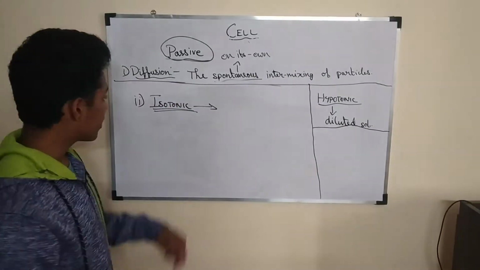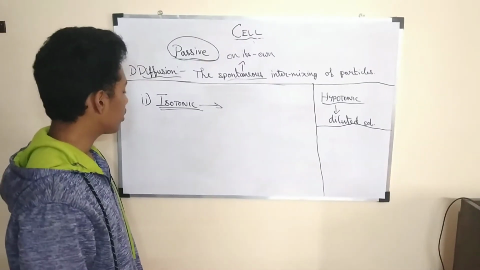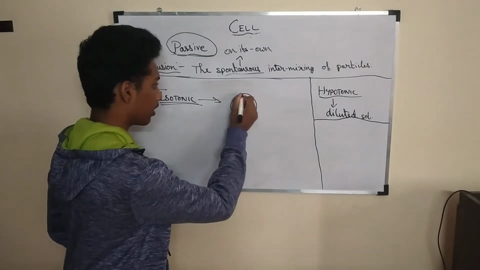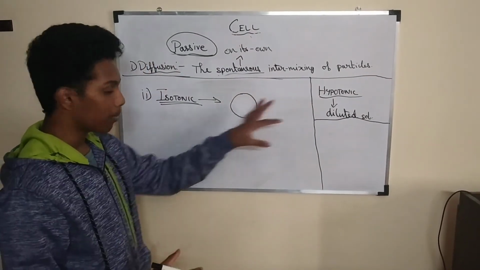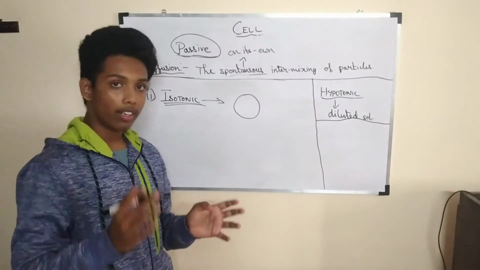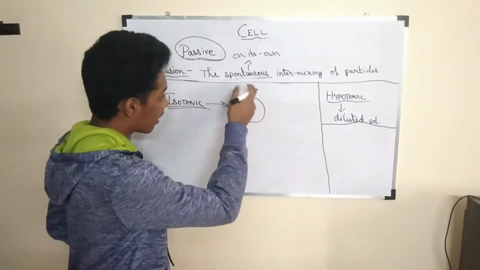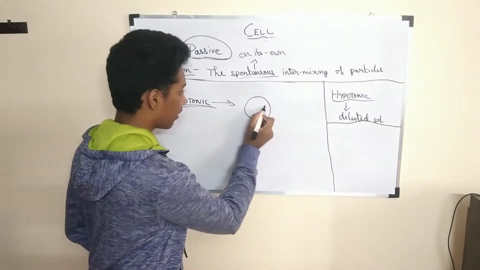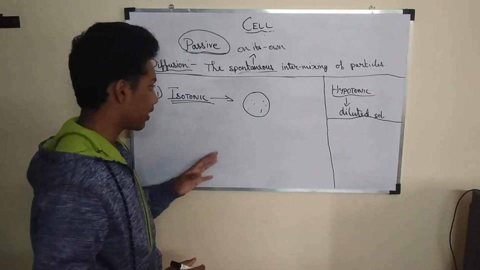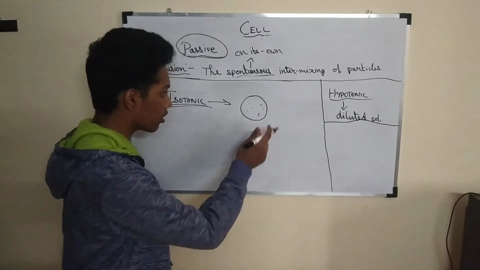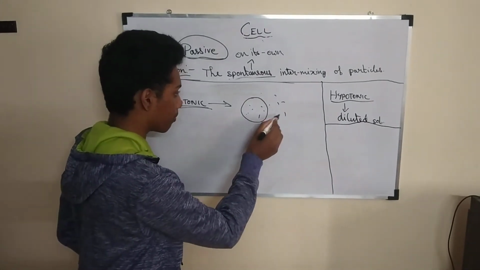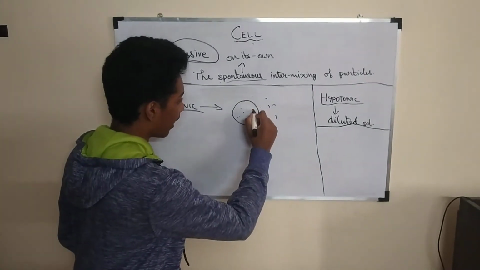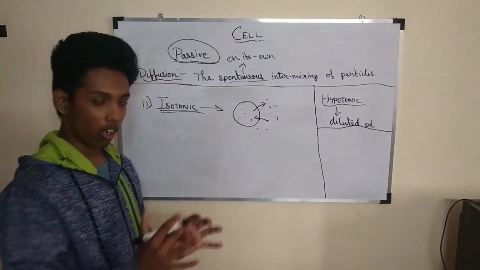Now let's discuss isotonic solution. Isotonic solution means, just think of a cell again. The solute concentration is normal in the solution, so the water concentration will also be equal to the concentration of water inside the cell. So let's say here there is some concentration of water, let's say 50%, then in the surroundings, in the solution, there will also be 50%. So the water particles will move in, and from the cell they'll move out,